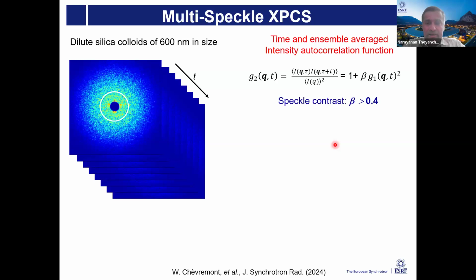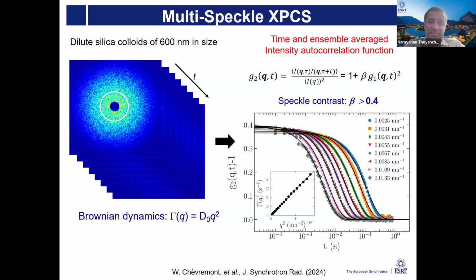With the EBS and advanced detectors, now we can get a speckle contrast in excess of something like 40%. In the ideal case, it should be 100%, but we are getting very close to that. This case is just a simple example of Brownian diffusion of a dilute colloidal suspension. So there is nothing strange there. It just follows the expected Q square dependence for the relaxation rate, and the prefactor gives the diffusion coefficient. But now, with the high coherent flux and advanced detectors, we can study